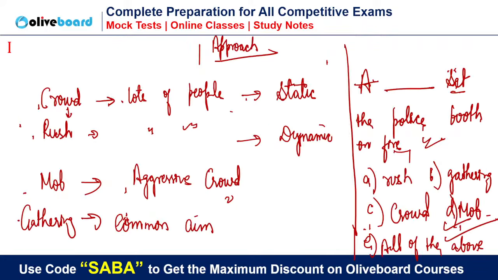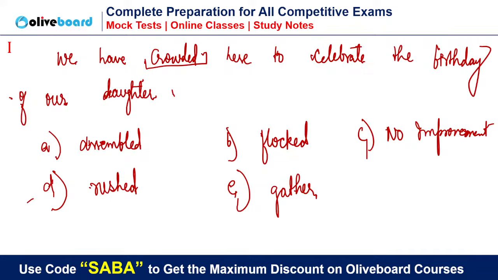I have already told you the difference. Gathering and assembly, they both are the same. Assemble and gather basically we use when we have a common aim, when we have a motto, when we have an aim. So there we use assembled or gathered. How will E go? Now see, you have to see grammar also plus vocab also. That is what I told you. "Have" will take V1 form or V3 form? Tell me. This you all know.